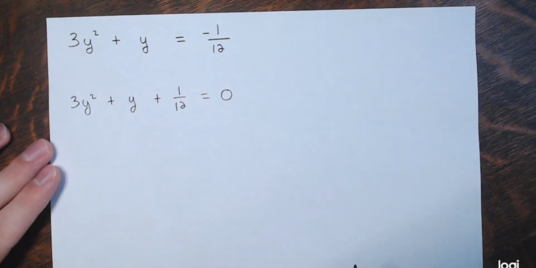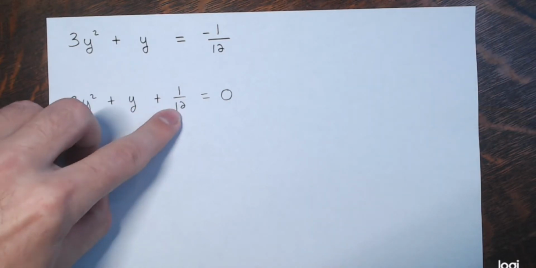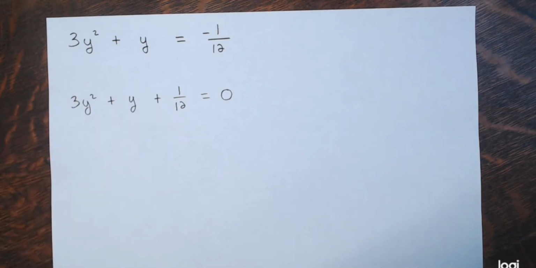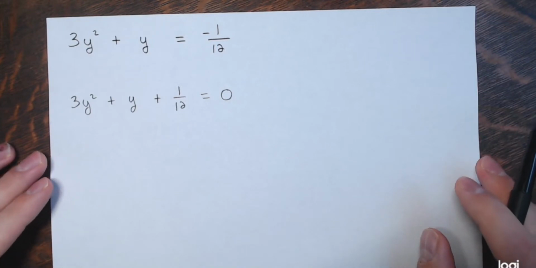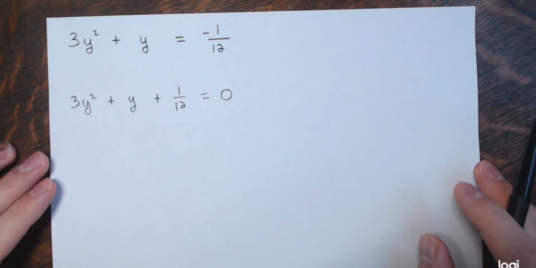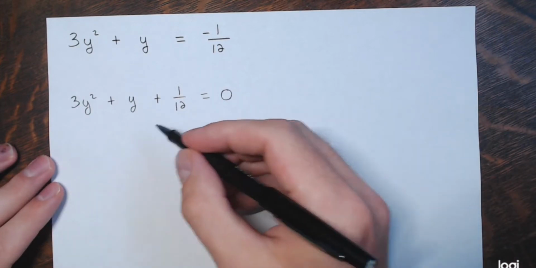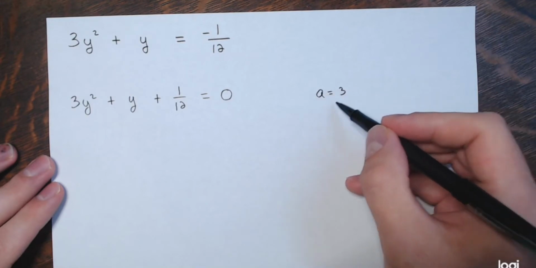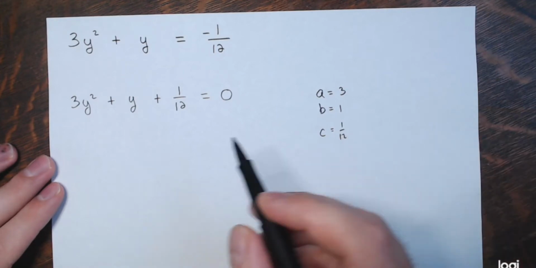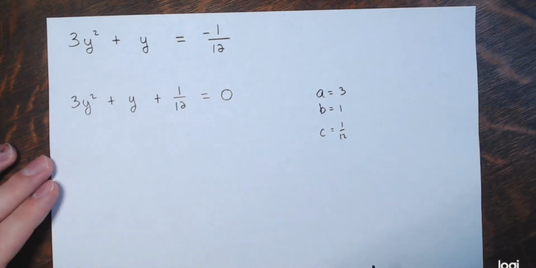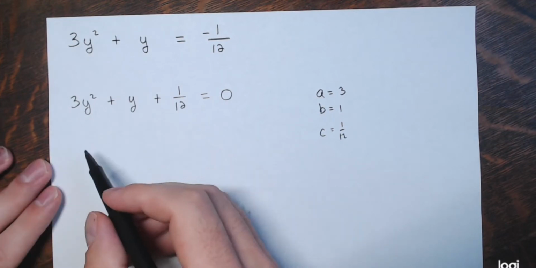And once again, if you want to, you could use the quadratic formula with a is 3, b is 1, and c is 1/12. Based on what I know about the quadratic formula, I'll tell you right now, it would be nice to do it here. Watch this. So a is 3, b is 1, and c is 1/12. Watch what happens here. And this isn't always going to happen. Most of the time I would multiply everything by 12 to get nice integers, but we can just jump to